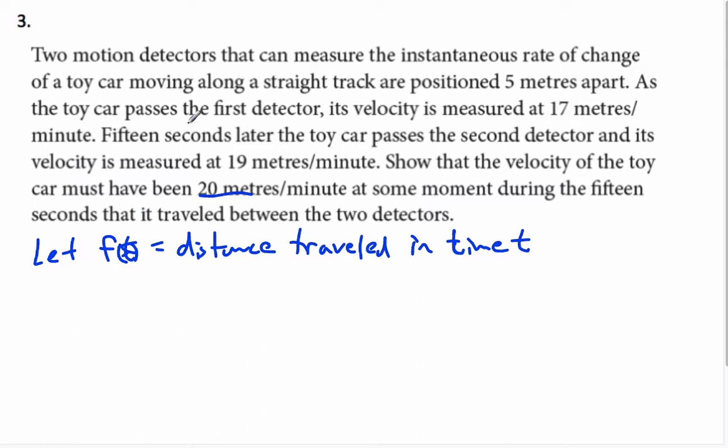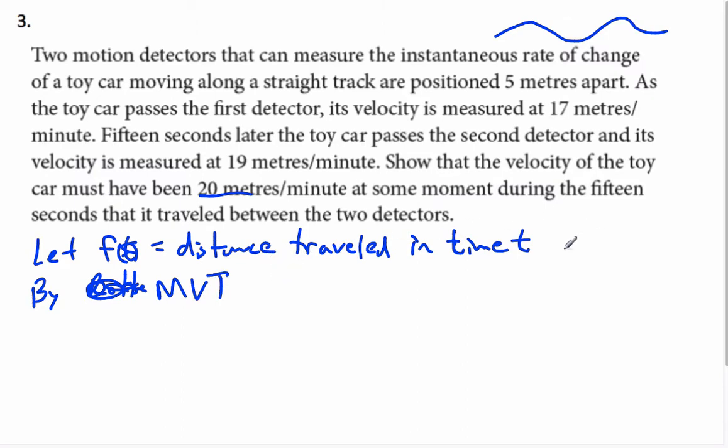Okay, so this function is going to be continuous and differentiable because there's no real instantaneous changes in distance or any jumps in distances. The graph of distance versus time is usually a polynomial or definitely continuous function. Okay, so by Rolle's theorem, or sorry, by MVT,